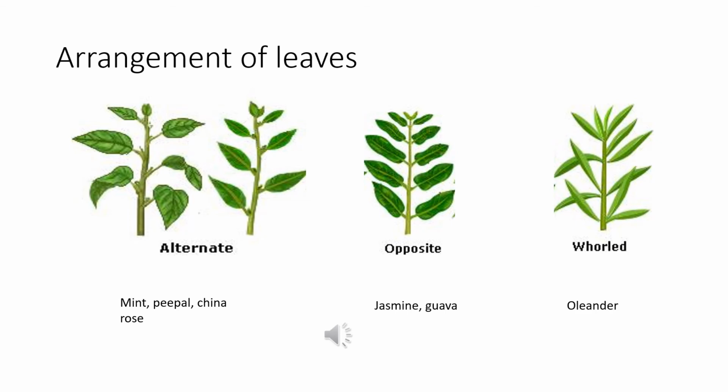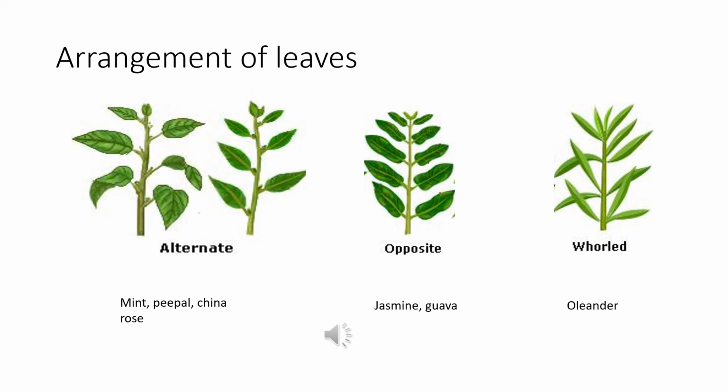Now we are going to see the arrangement of leaves on the stem. The arrangement of leaves on the stem is known as phyllotaxy, and it shows great variation in different species of trees. There are mainly three kinds of arrangements that we can see predominantly in nature. One is alternate arrangement. In alternate arrangement, from each node, one leaf is grown at the right side and another leaf is grown on the left side.